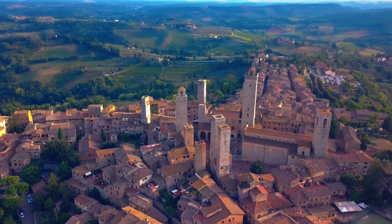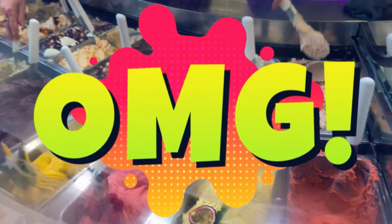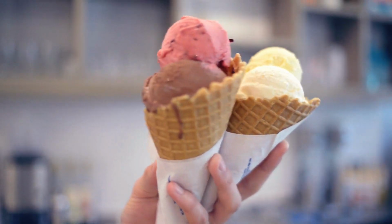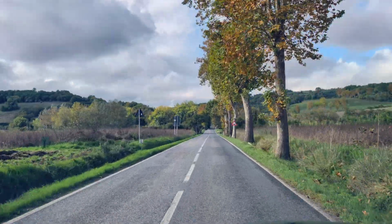But the real mission in San Gimignano was to visit the world-famous Gelateria Dondoli. And oh my goodness, the gelato was phenomenal. Definitely a must-do. Full of gelato and history, we hopped back in the car and made the drive south to